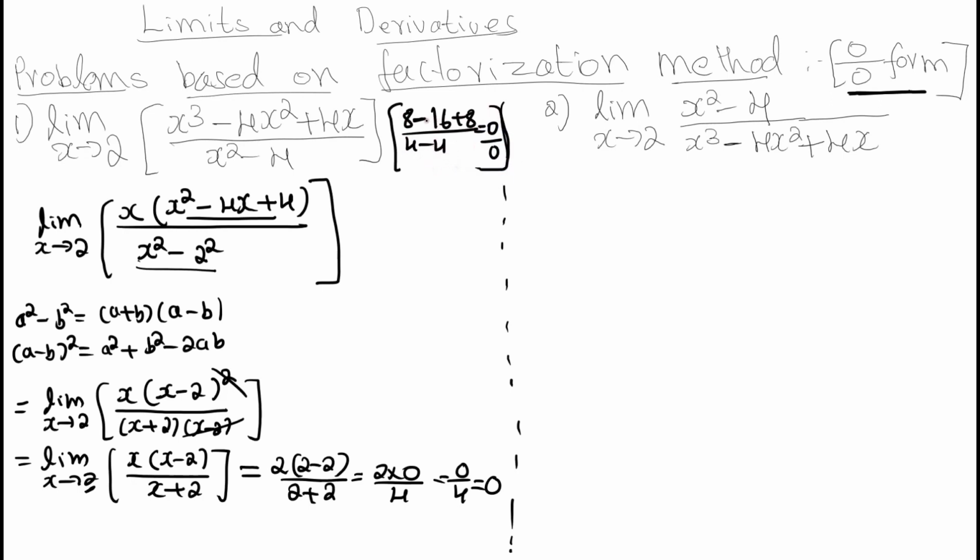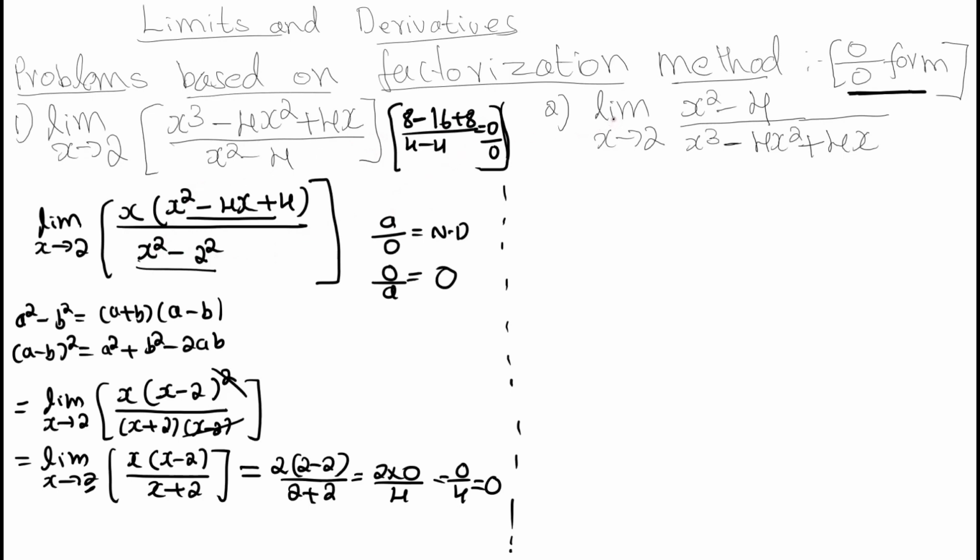Whenever the 0 by 0 form comes, we need to first solve the given question, later we can substitute the value. If you get the form like a by 0, then we can write that the limit does not exist because the denominator is 0. Or if you are getting 0 by a, then we can write the limit value is equal to 0. But when both the numerator and denominator are 0, to apply the limit, first we need to simplify the given question, and only later can we take the limit value.